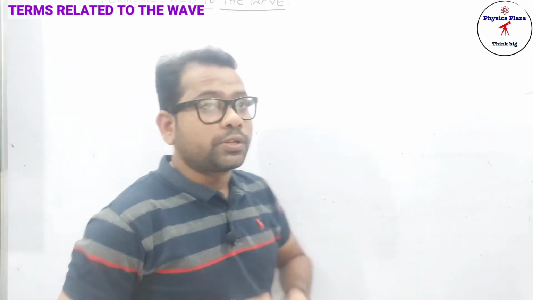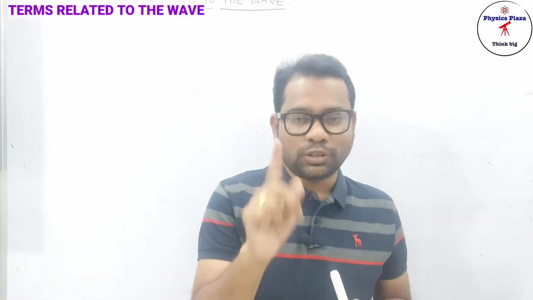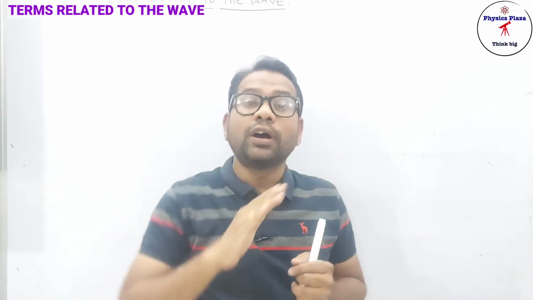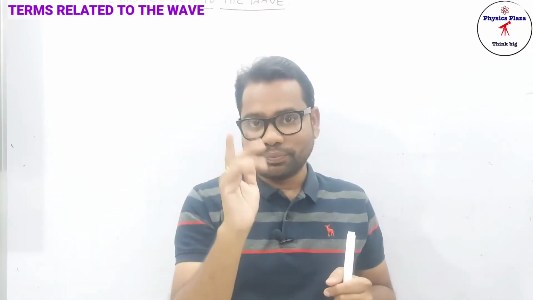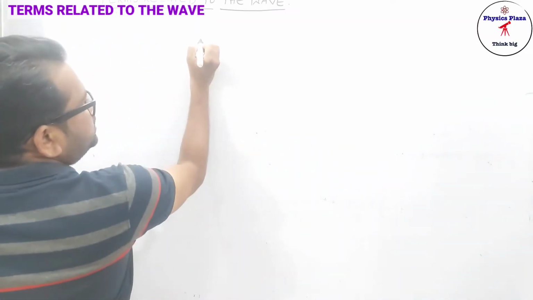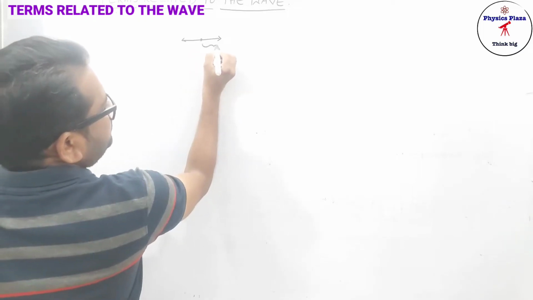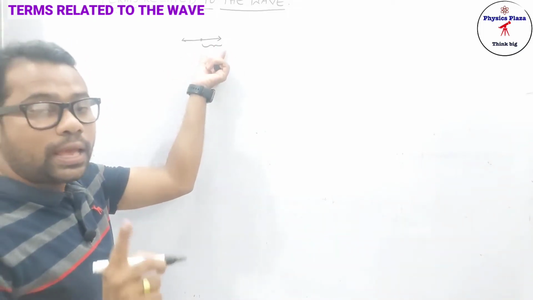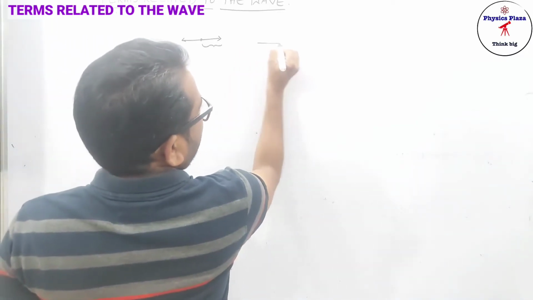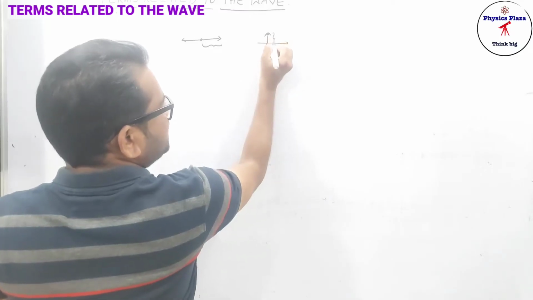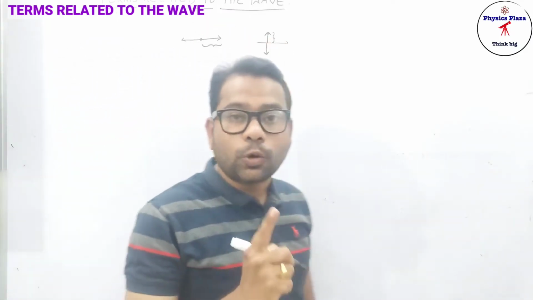Children, strictly we are talking about mechanical waves only. Whenever a wave is propagating through the medium, the particles of the medium vibrate from their mean positions, either parallel or perpendicular to the direction of propagation of the wave. For example, here is its mean position. It may go to the right side or left side, up to some maximum displacement. This we call the amplitude. Or if a wave is propagating like this, the particle of the medium may go up or down. This maximum displacement from its mean position is called amplitude.